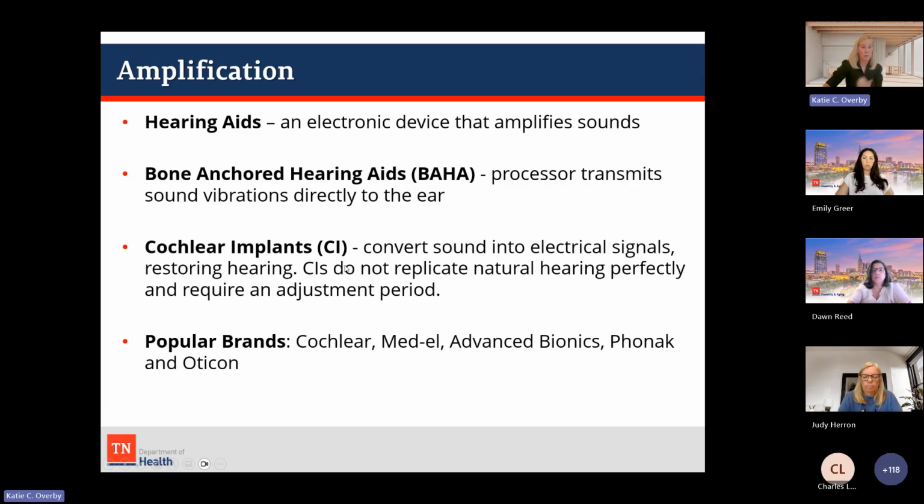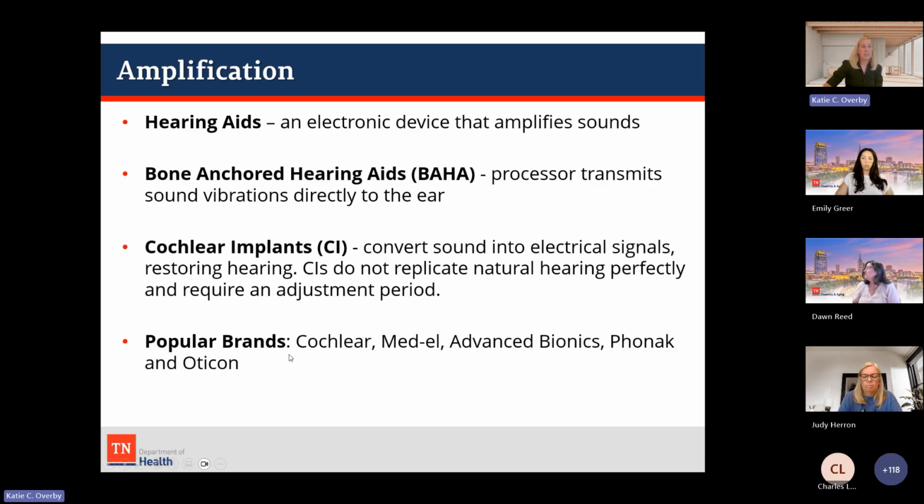There's cochlear implants. Again, a child can have one or two. You could see a cochlear implant and a hearing aid where the child could be bimodal. And that's a little bit more complex, where again, we're helping bypass that auditory nerve and we're sending that signal straight to the brain.